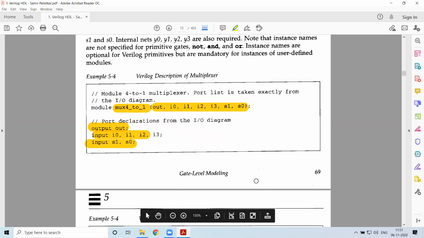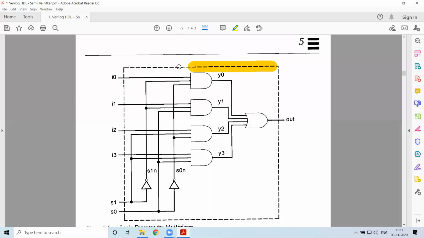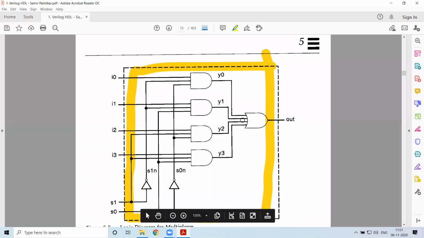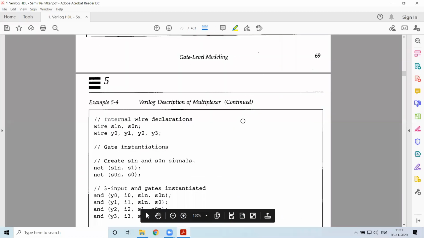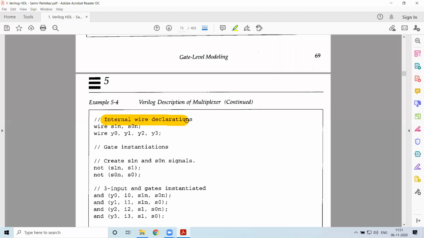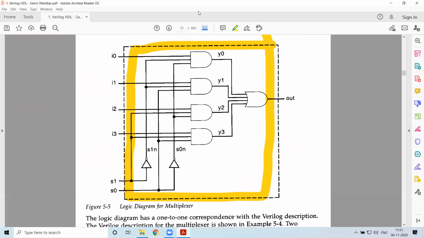Once the port declaration is done and you have declared all these ports, what we should do is specify how these are connected to build the entire circuit. So this is for internal connections. It is like you have a breadboard. On that breadboard, you have to place the ICs and you have to connect them. So how do you connect? You will specify that the I0 input should be given as one of the inputs to this AND gate. You'll be writing pin number 1, 2, 3, something in this form, right? It is the same way. So let us see it one by one.